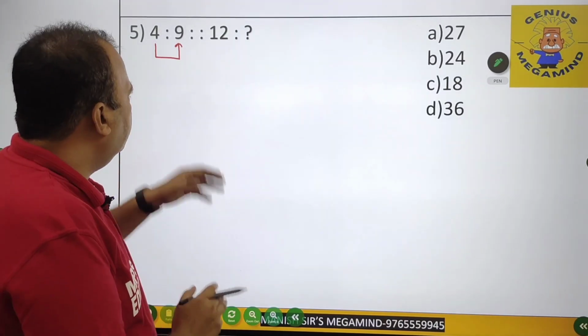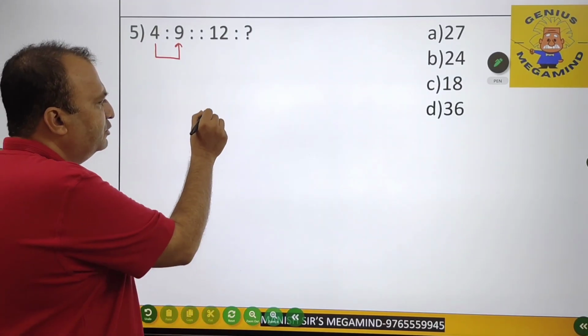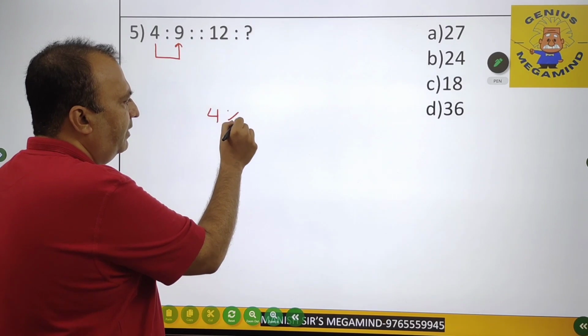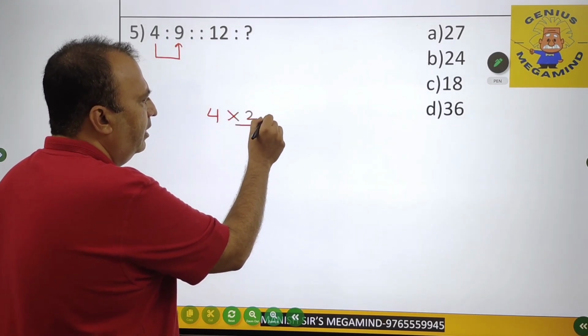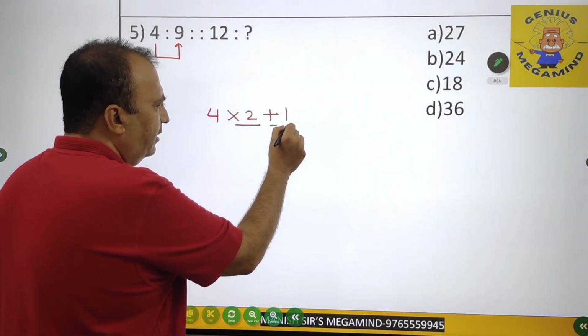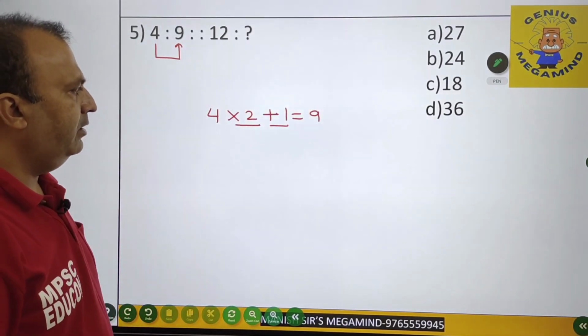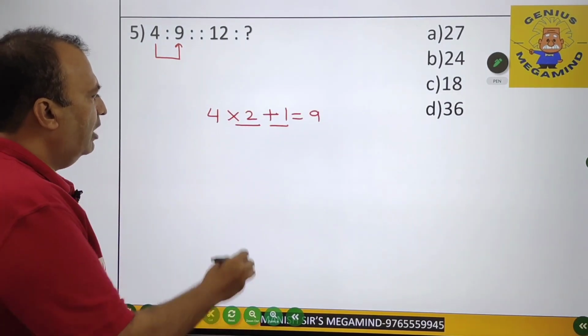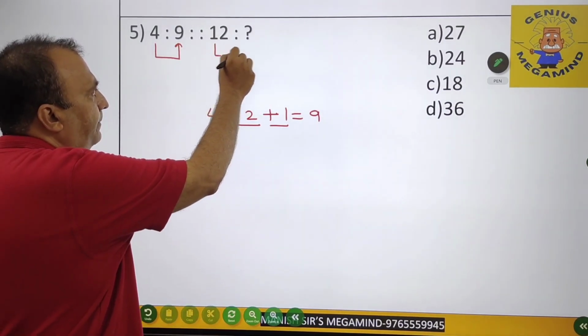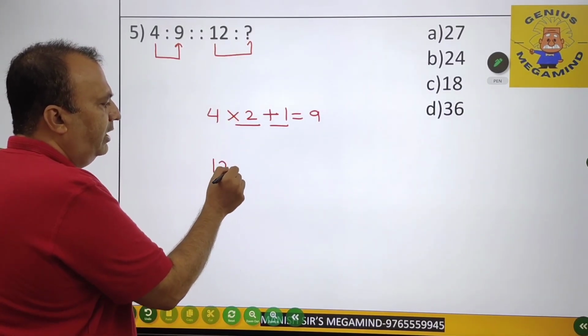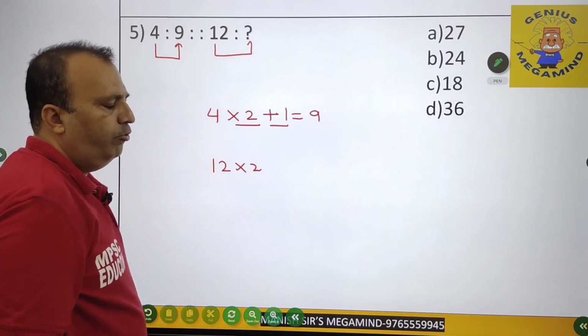So how do I get 9 from 4? What I am supposed to do, my friends, is multiply 4 by 2 and add 1 to get 9. I am going to perform the same operation over here. So it will be 12 into 2, which will be